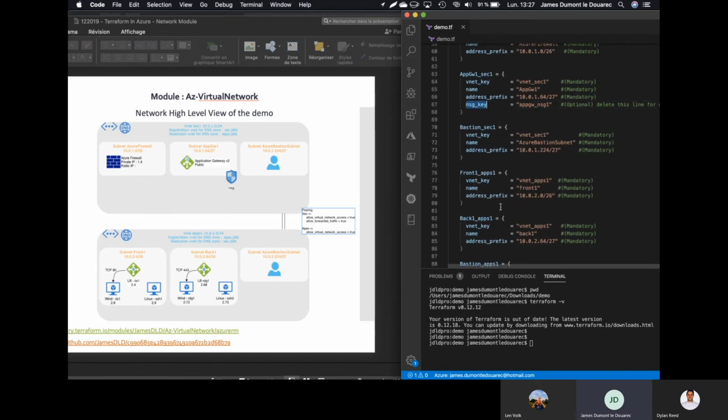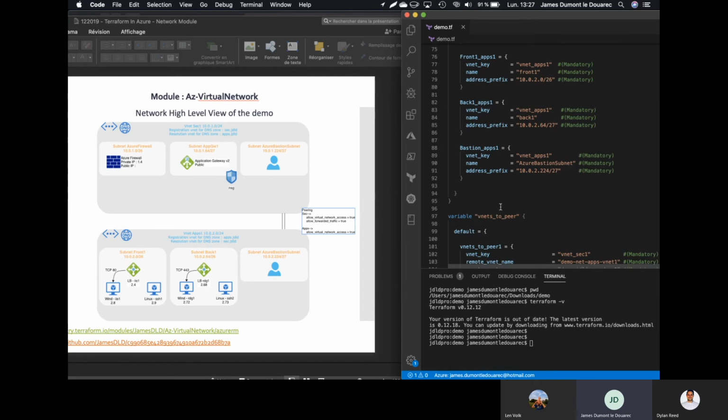So we will have a look at the NSG. Just before that, keep in mind that when you write the Azure Bastion subnet with this name, the module will automatically know that it needs to create the Azure Bastion host in this subnet.